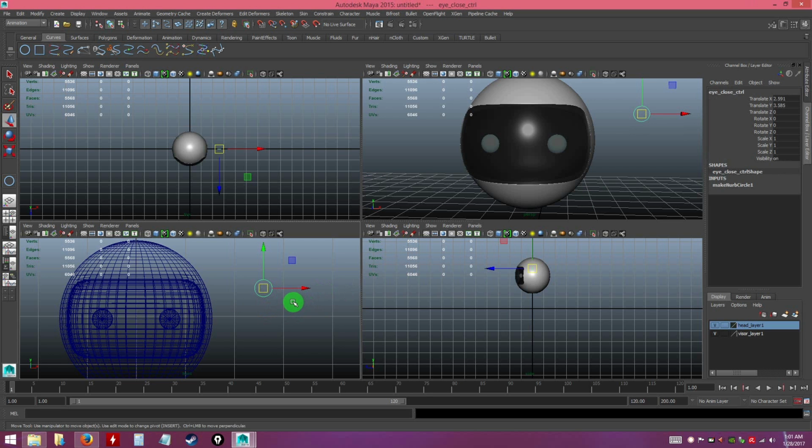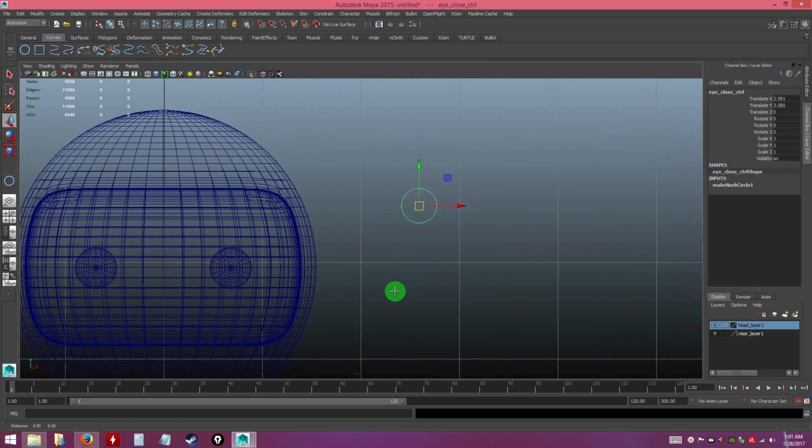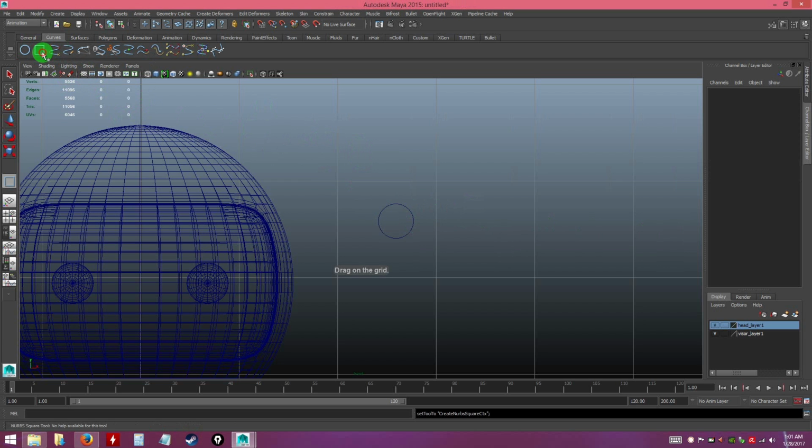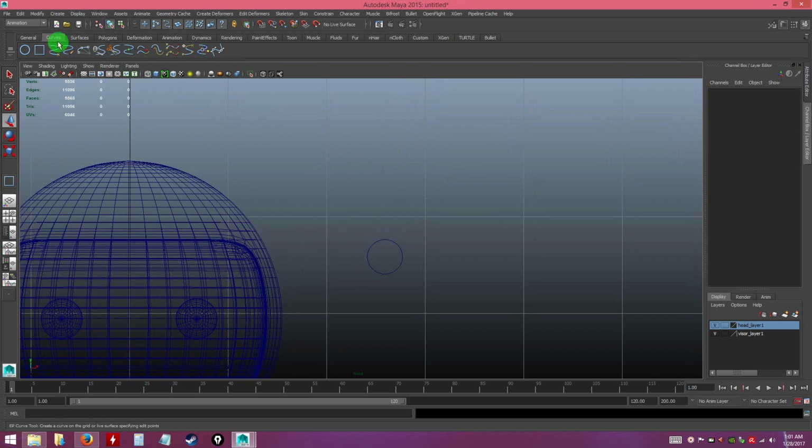I'm gonna go to the, let's maximize the front view. I will draw. Yeah, that's the reason why I don't use this. So I'm gonna draw out, create